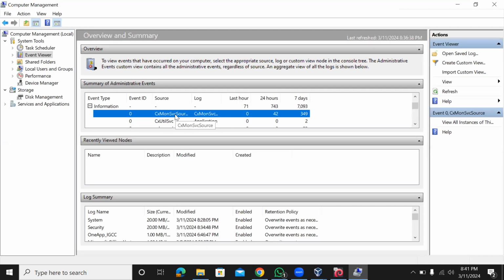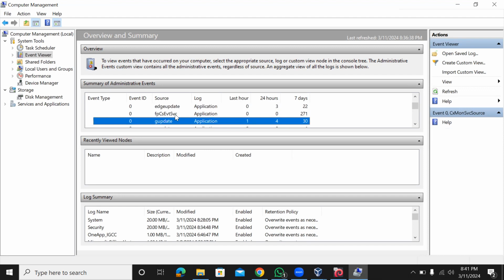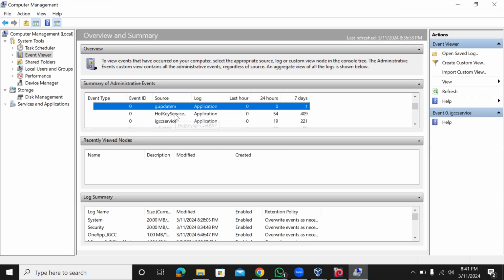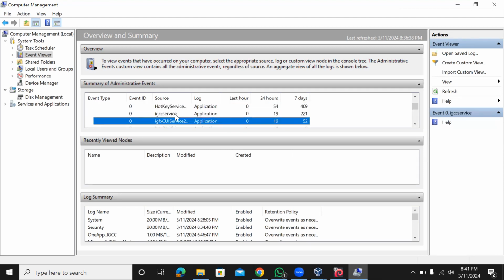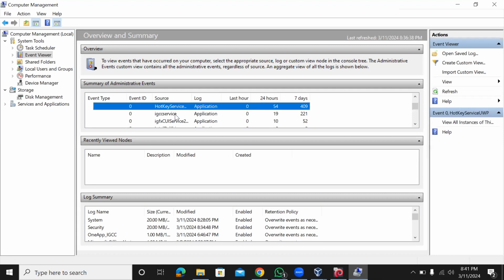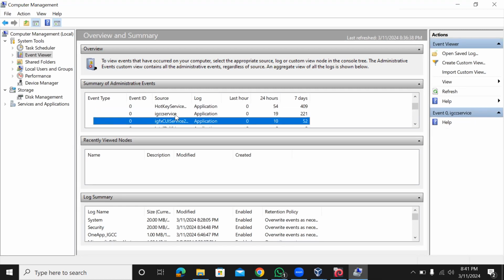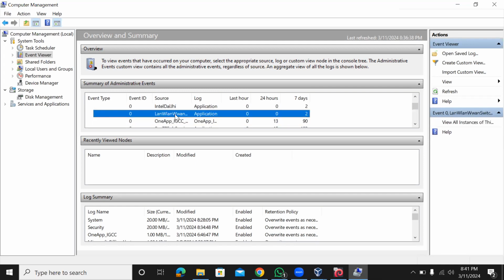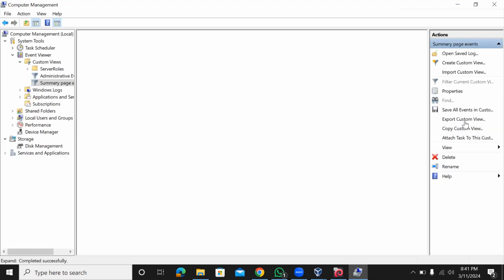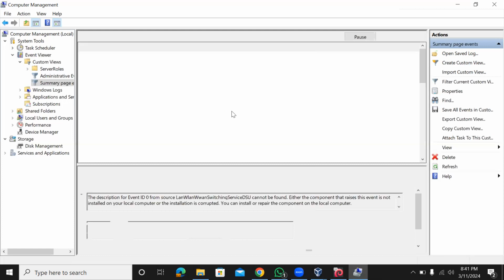CS-MON SVC source. So this, you can Google it to know what it is, right? So when you are looking at all of these things and you see something that you don't understand why this thing is here, right? For this guy, okay, this is hotkey. Okay, for this guy, I think in the last 24 hours, we've got 19 IGC service. So any of them you don't know what they are, you can actually look them up on Google. You can also view the instances of that